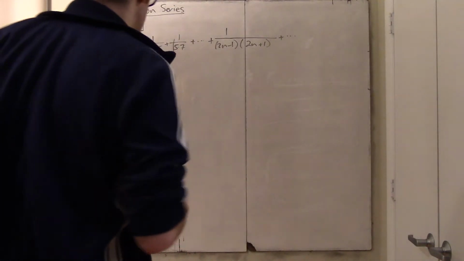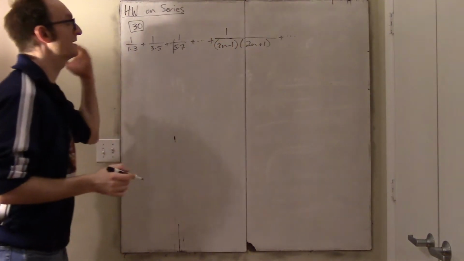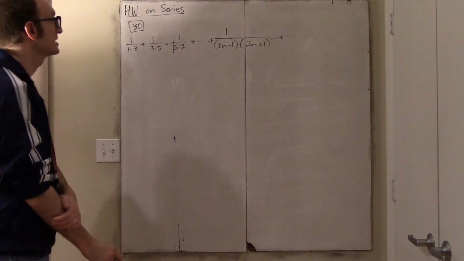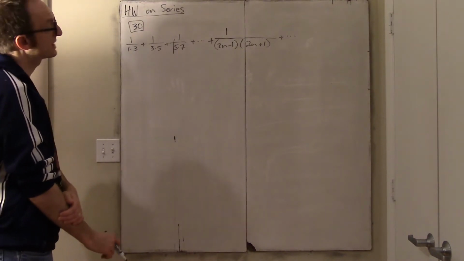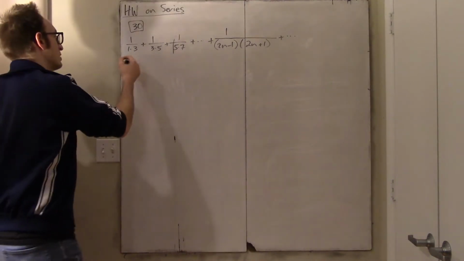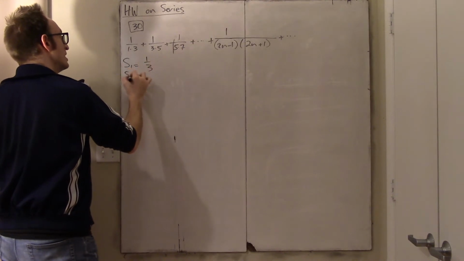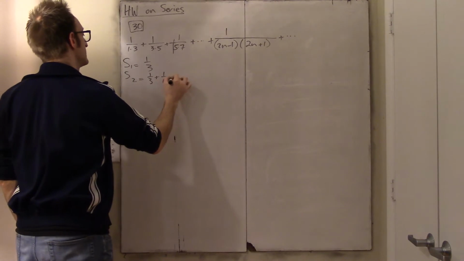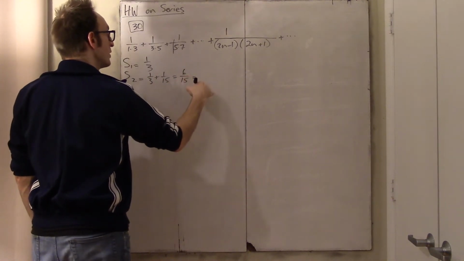Okay, so that's really the whole big idea, right? This is an infinite series, but it's not a geometric series, so I have no formulas. I'm sort of on my own to use the actual definition of what it means for a series to converge. So let's do it. What is the sum of the first 1 term? Well, it's a third. What's the sum of the first 2 terms? It's a third plus 1/15, and that makes 6 fifteenths, which makes